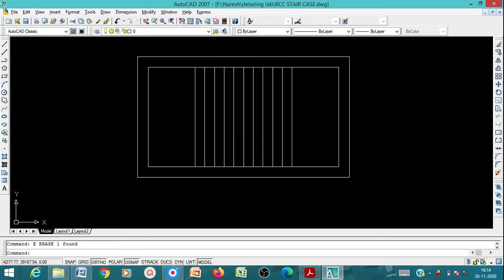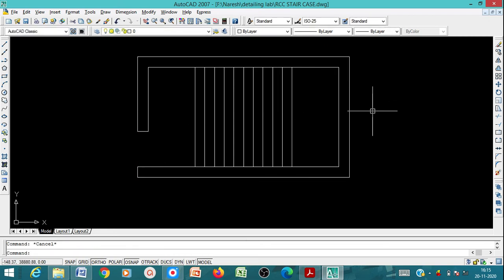Then we have the line. You can extend it and give the door offset of 1 meter, 1000 mm. I'll trim that. Yes, okay, fine. Now it is fine.